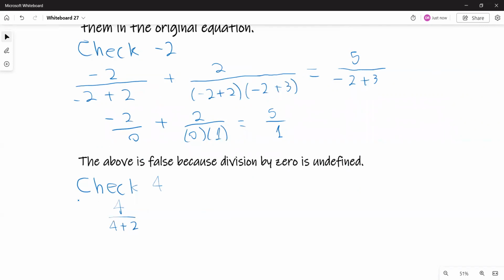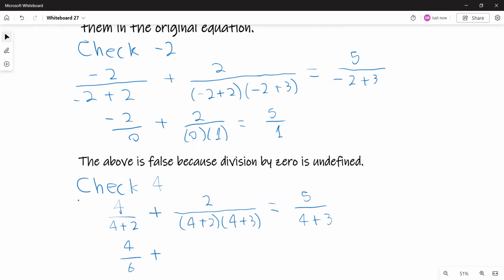Plus 2 times, or 2 divided by 4 plus 2 times 4 plus 3, equals 5 over 4 plus 3. Okay, so 4 over 4 plus 2 is 4 over 6. 2 over 4 times 2 times 4 plus 2 times 4 plus 3,